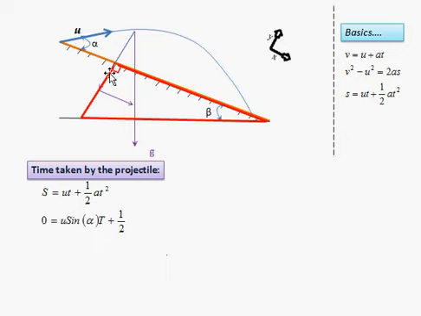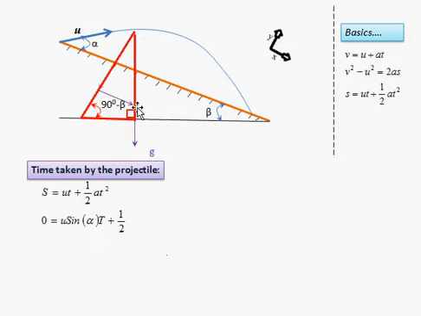The convenience of the right angle triangle is that you will have a 90 degree in one position, and if you know one angle, then by subtracting that angle, that is this beta, from 90 degrees we can find the unknown angle here. So in that way we found this angle is 90 minus beta. You can see here is also a right angle triangle, so we can find the angle here.